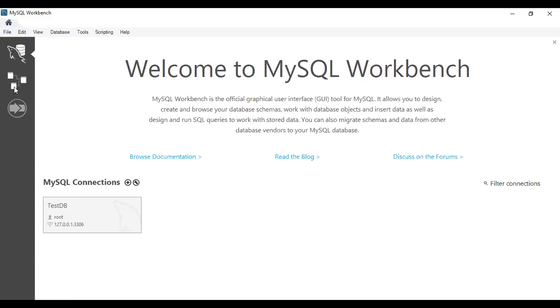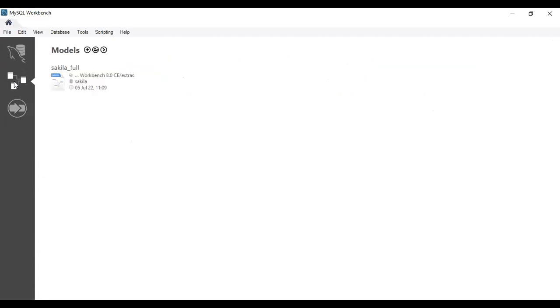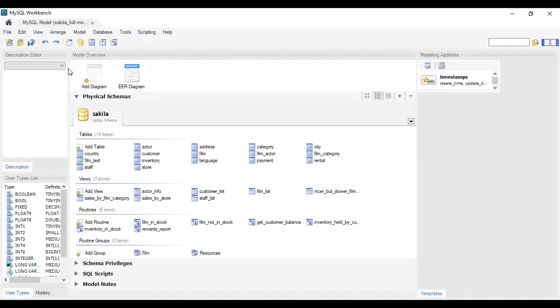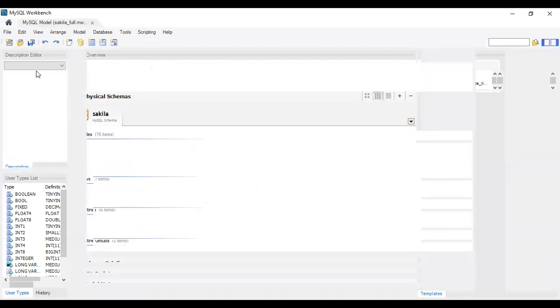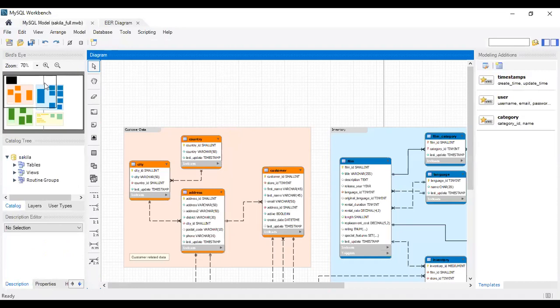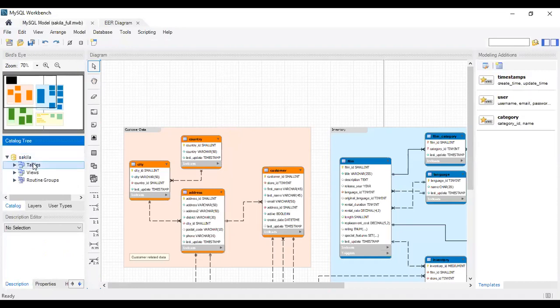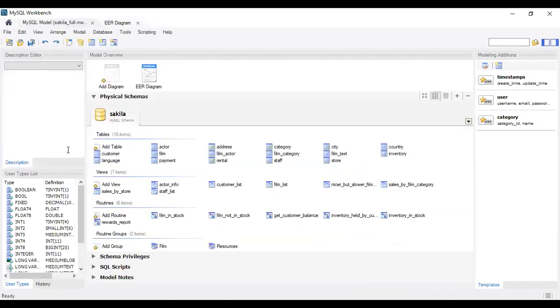So guys, now this is the home. I just wanted to show how a schema looks. Someone asked me, right? We are just downloading a model file. Once the whole schema has been created, how will it look? So guys, if you see here, this is nothing but an ER diagram. This is a model schema.